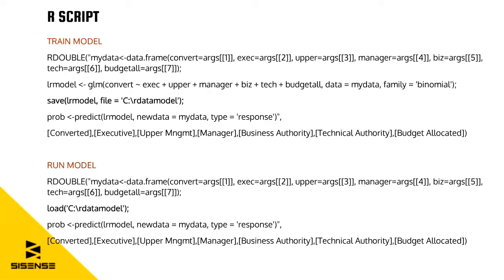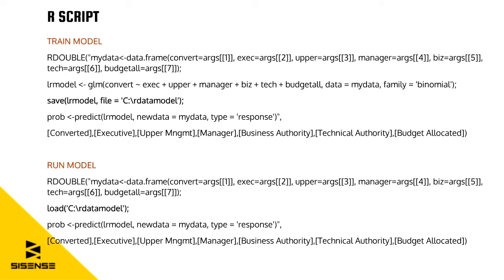The next argument is specifying the data. That's the data frame we created in the line above. And then since we're using GLM, we need to specify we're using the binomial family versus a Poisson family or a Gaussian family, because again, we are doing binary regression. The next step, we're just saving the model to disk, so that way we have it available. We don't need to refit it. It's available to us.